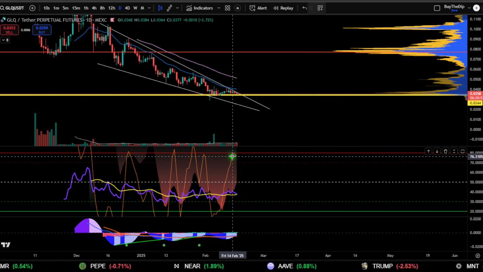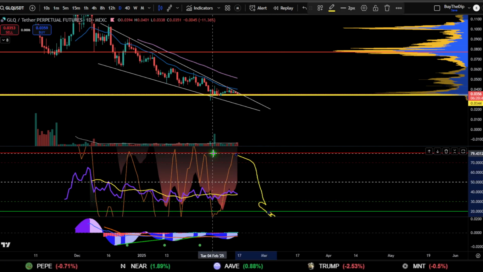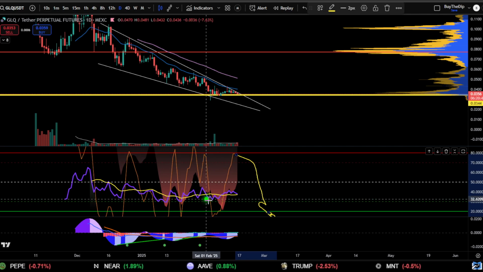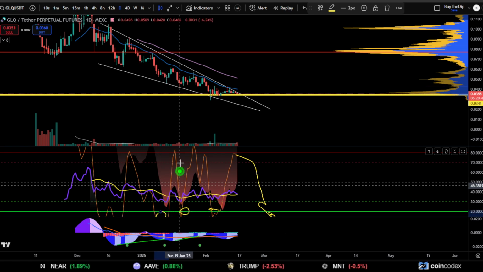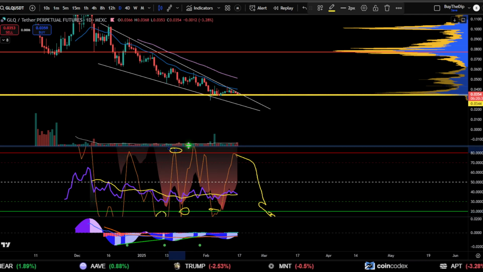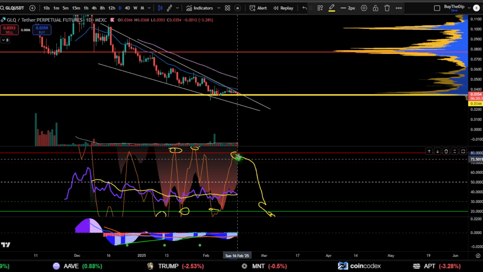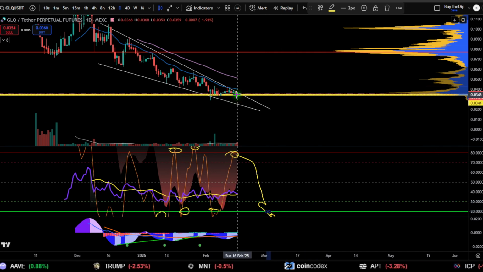If you look at the yellow line, the orange line here, what happens if we come down here? Right, every time we push down, we come down for a lower low. Check it out. Low, low, low. Every time we go up here, we get a lower high. Look at that. Lower high, lower high, lower low. And are we going to come down for a lower low where we break below?